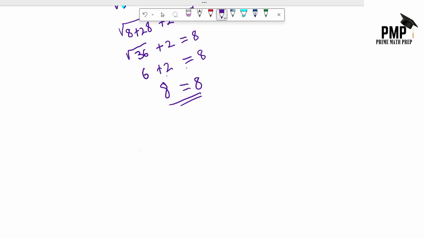Therefore, our final answer to this question is that our domain is x greater than or equal to 2, while our solution set